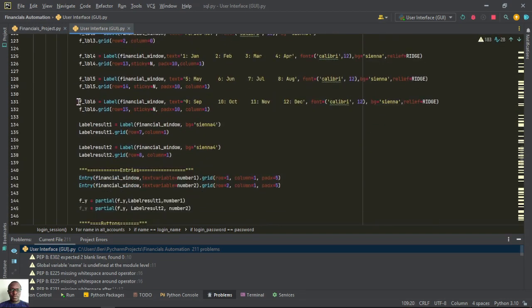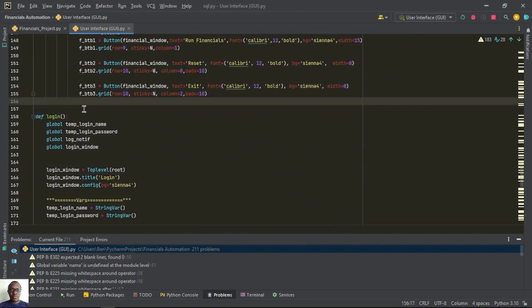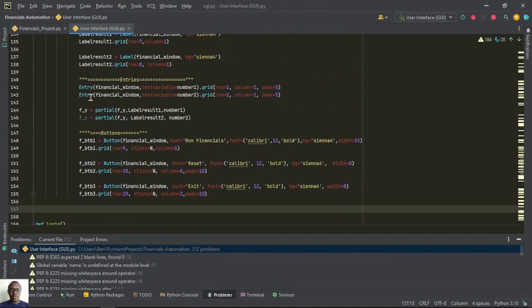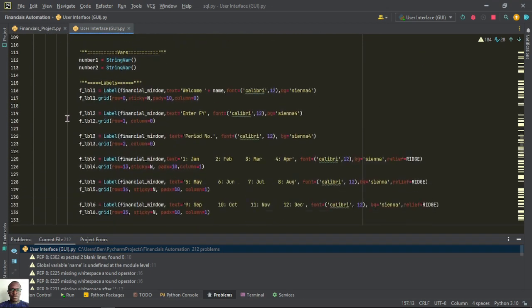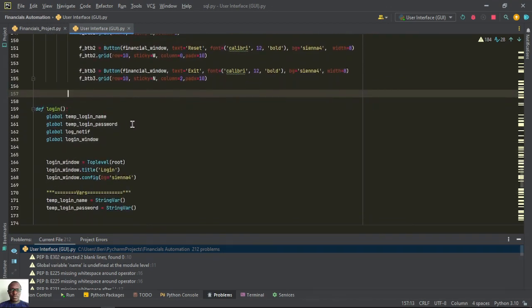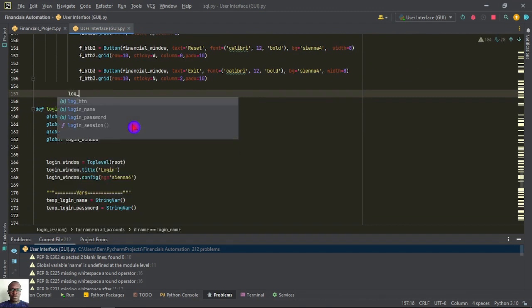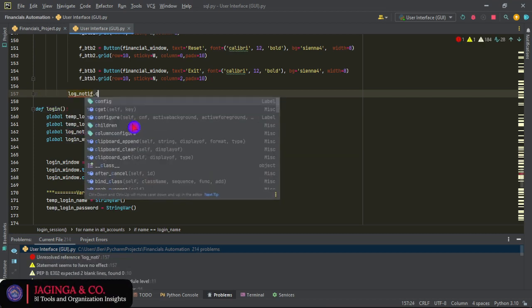But this should come down here. This should be in line with where we are trying to log in. So here we'll have login underscore notif dot config